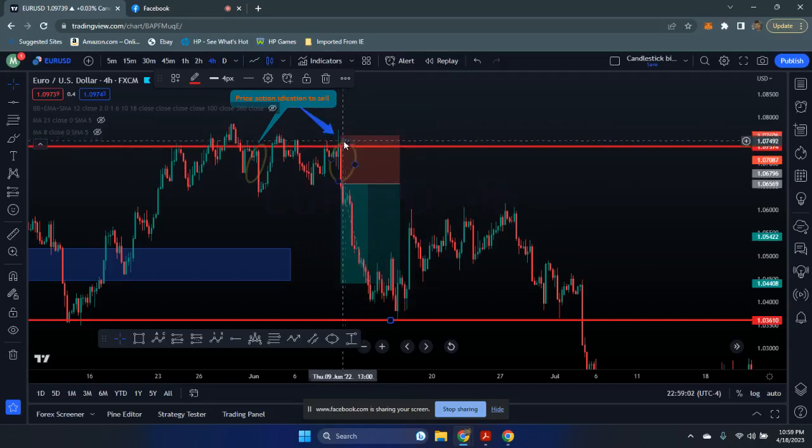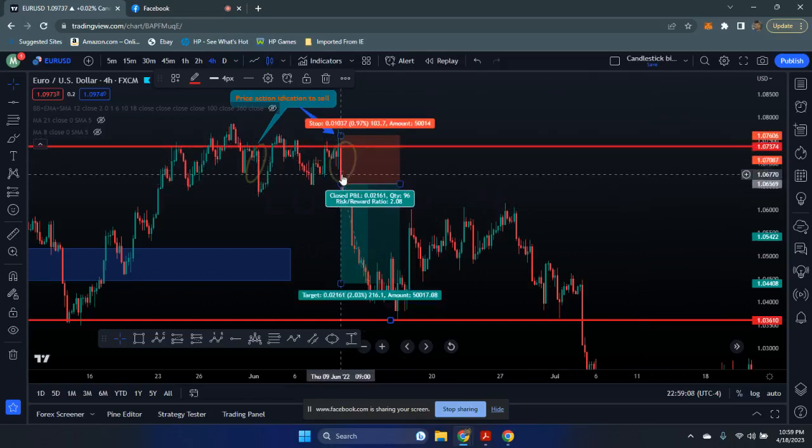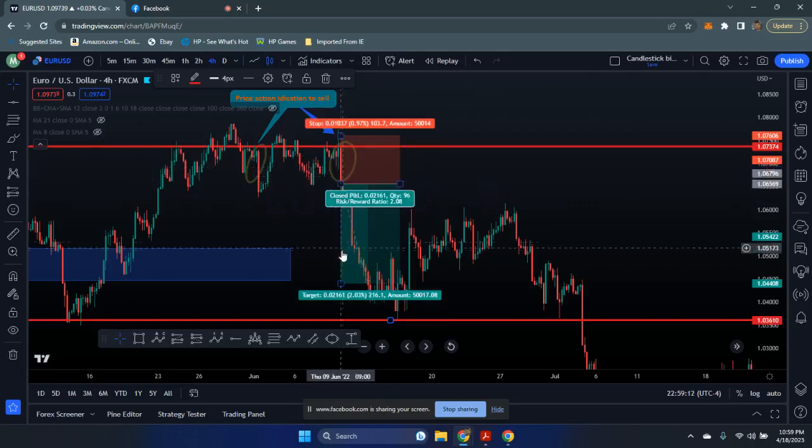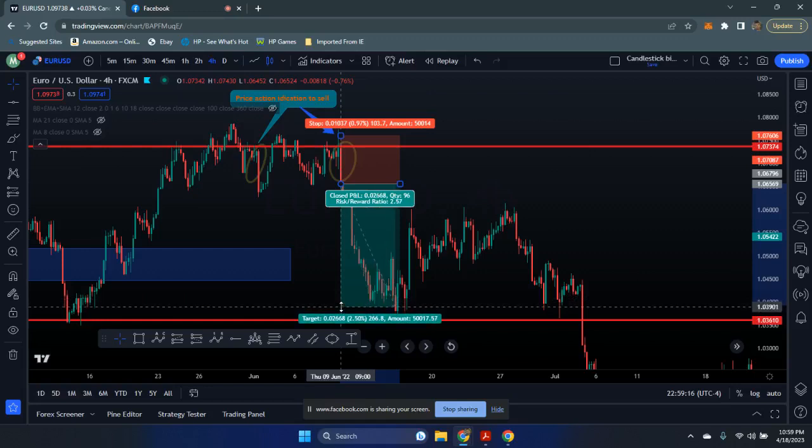We probably didn't need to have all those stop losses. But the bearish engulfing was a big bearish engulfing, so maybe on a lower time frame we probably would have gotten in and gotten more pips. Or maybe I should just put my take profit here and do a 2 to 5.